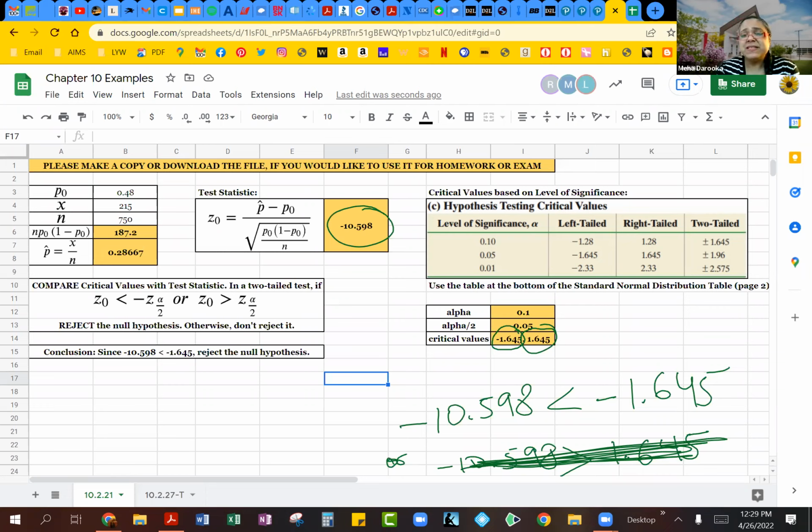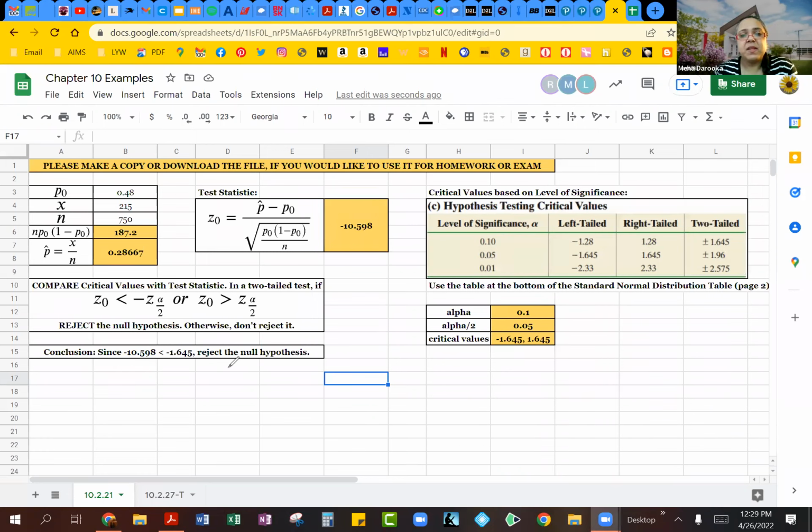So yes, because we can say -10 is smaller than -1.645, we can reject the null hypothesis. So we are meeting this requirement, -10.598. So you can go ahead and reject your null hypothesis. So coming back to our